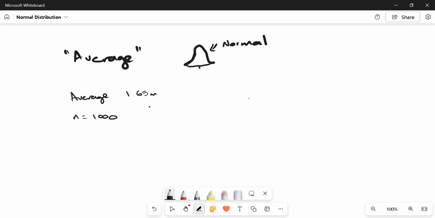So in other words, if you look at the bell-shaped curve, what we're saying here is that the majority of the people are close to 1.65, and there are few people who are further away from it. The further and further you get away from it, there are few people who are extremely short, and very few people who are extremely tall as well. And so when you plot this on a graph,